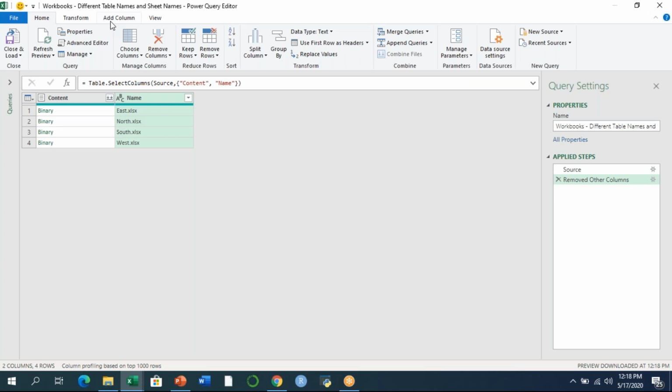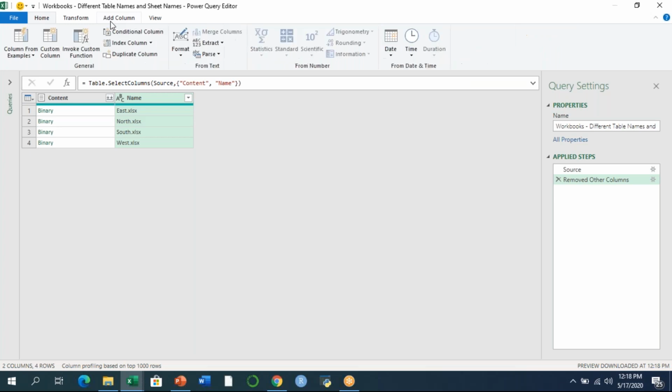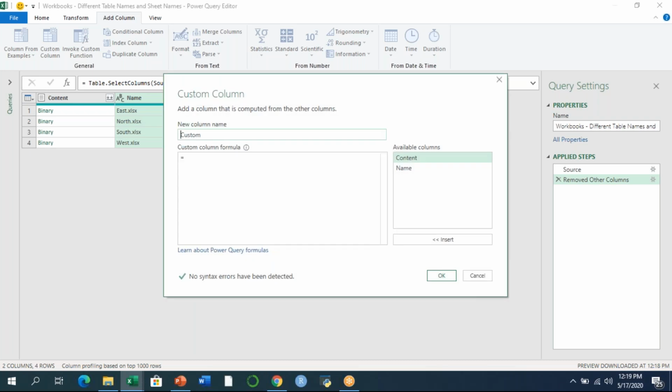because in this situation we have different table names and different sheet names. So I will go to the add column tab. I will click on custom column, and here I will give a good name to it. For example, database. You can give any name. In my case, I have given the database name, and here I will write a formula or M language code,